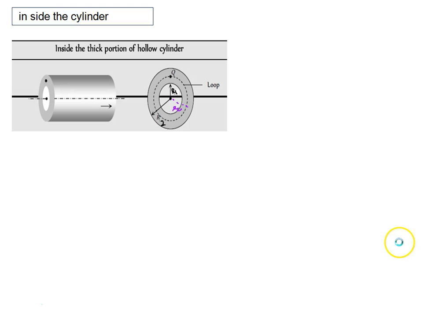So this is the expression. Now you have to tell me what is the magnetic field in this situation. Again, in this situation there is a point of observation P which I have shown with dotted part, and this distance is r. So I should make the Amperian loop of radius r, and I write the Amperian equation: B dot dl must be equal to mu naught times the net current enclosed.